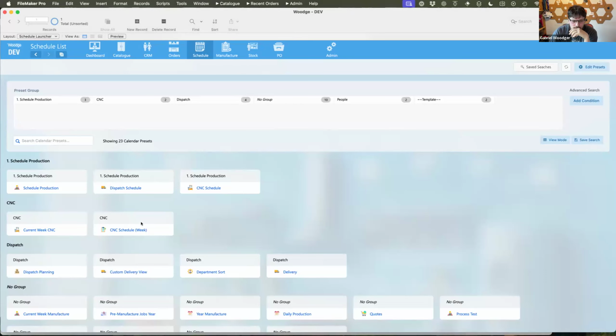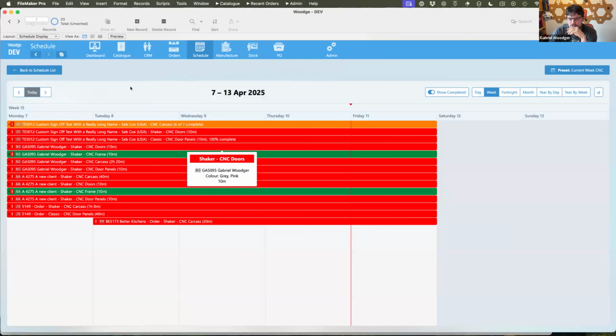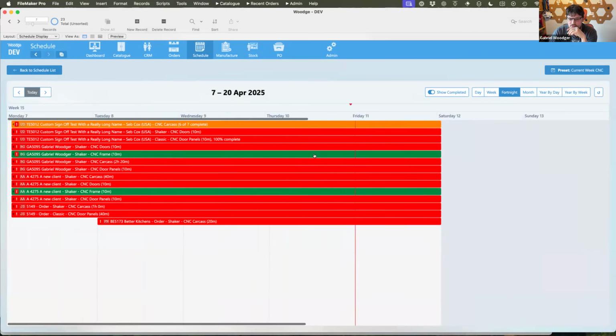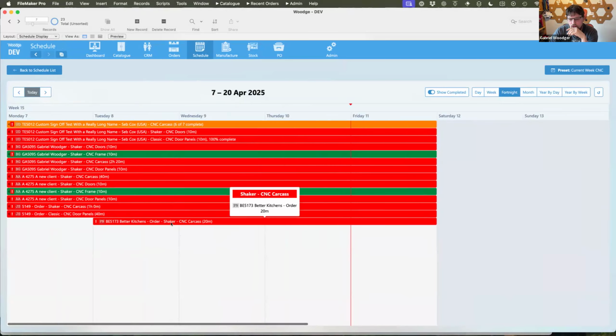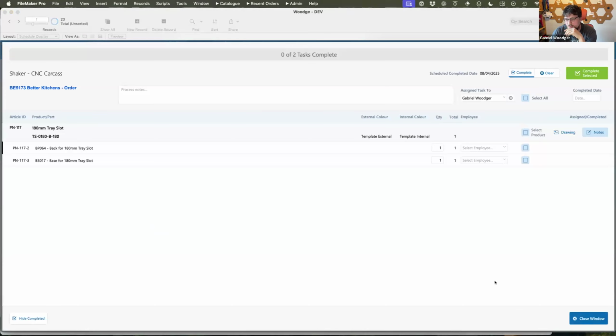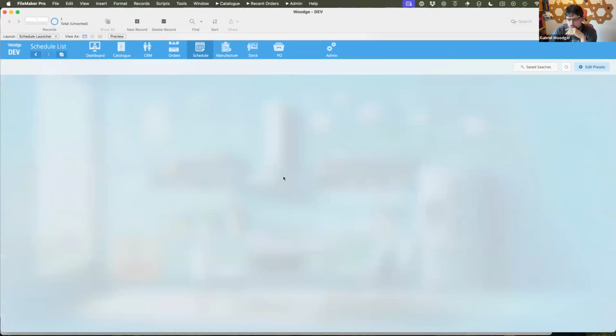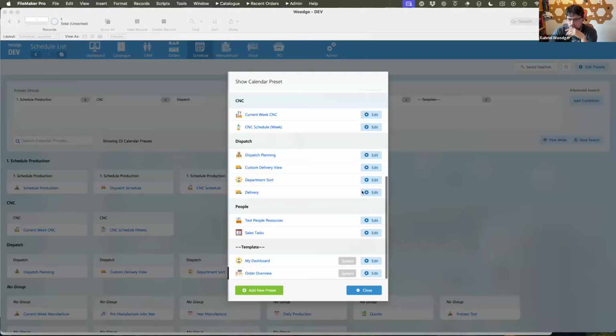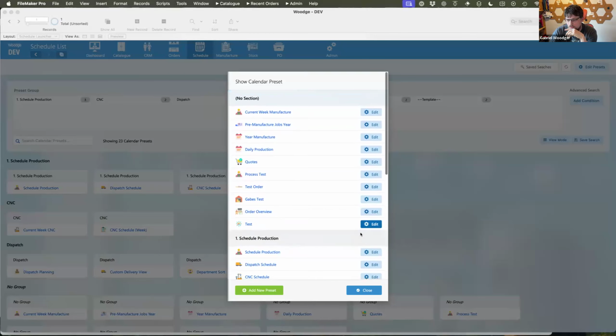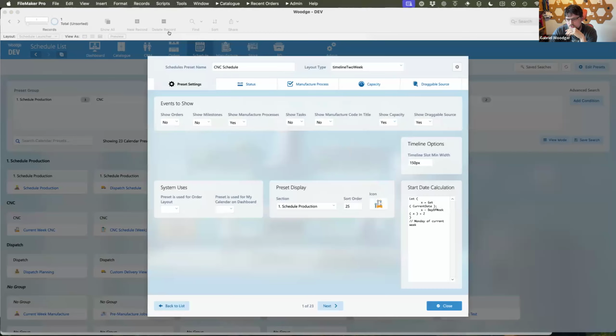Okay. So we won't spend a lot of time on it because it's not super exciting, but customizable schedules, being able to have a list of tasks that people need to do, be able to sign them off, and all sorts of bits and pieces like that. A lot of the time when we do this, we have a configurator for each of these schedules. So we say we have a schedule layout.